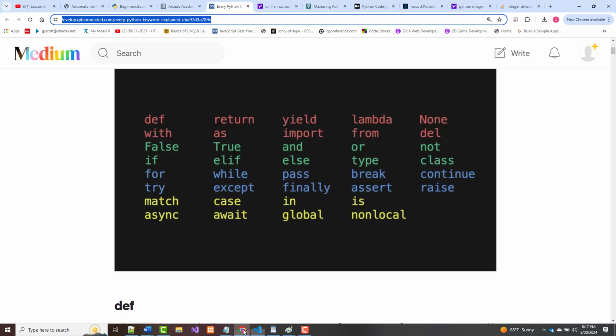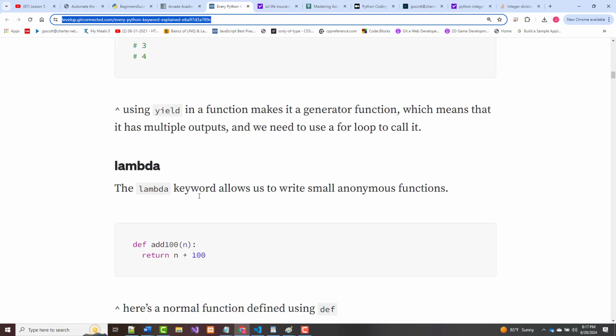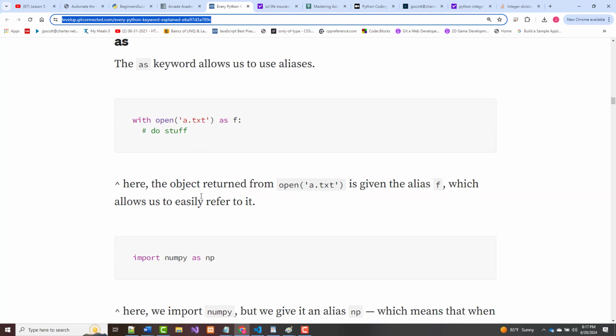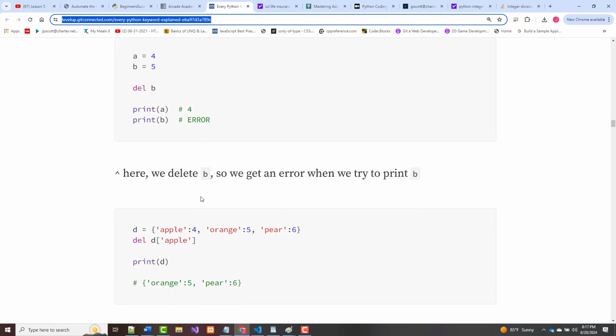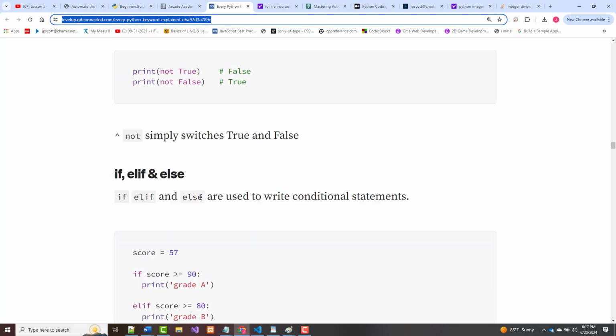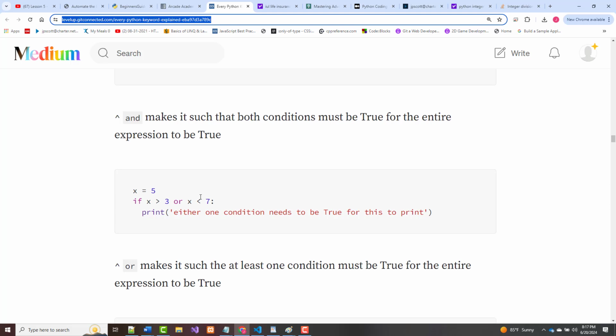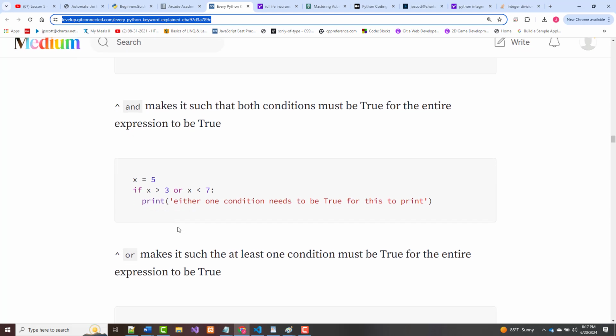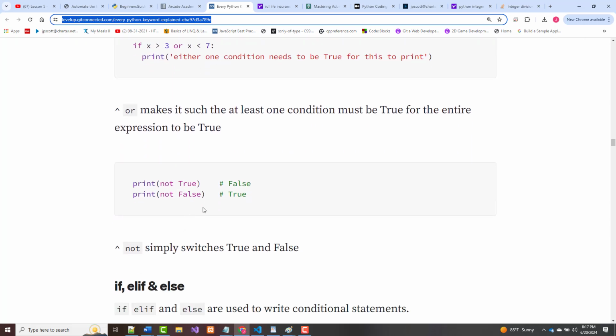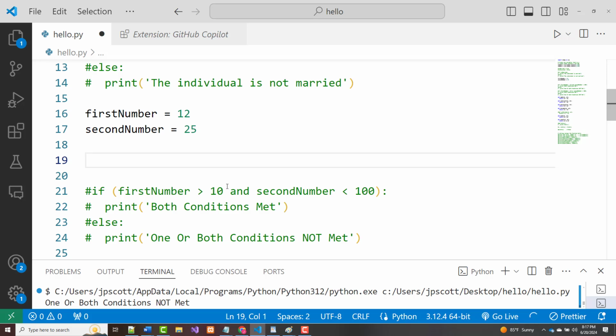Let's see what they used here. Or not simply switches true and false. So in other words, when you're working with not,